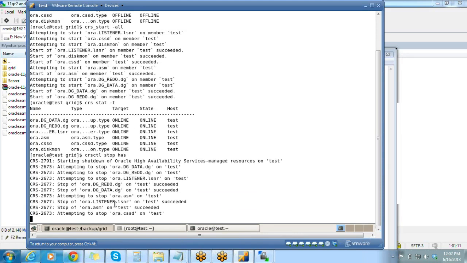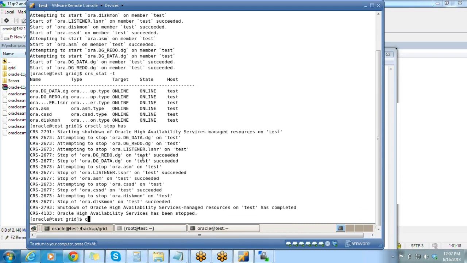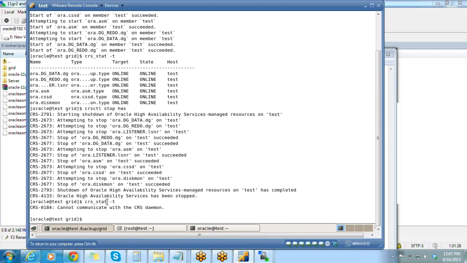Okay. And there are some set of new commands now. crs_stat -t. This will show you the cluster resources. The moment you install the grid infrastructure, there will be some cluster resources which will be created. And ASM is part of that cluster resource. So you can check the status of the ASM. So ASM is online. And also you can check the status of the disk